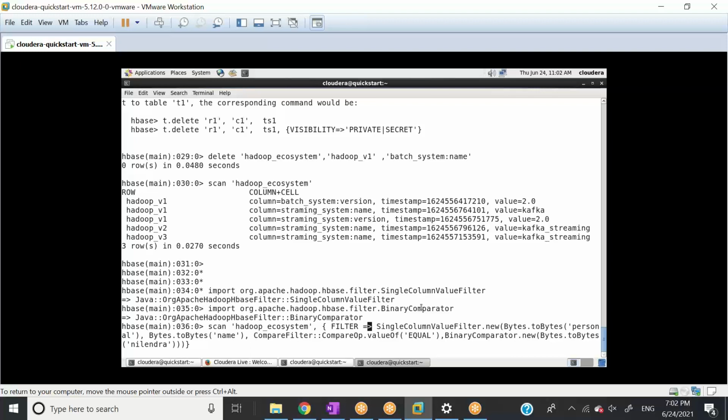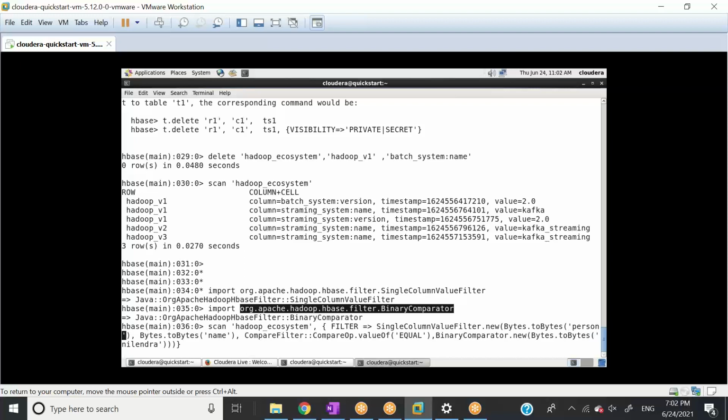I'm filtering on one column, a single value column. That's why I have imported the single column value filter, and I need to use the binary comparator, so I have imported that, right? Now which column family do I need to filter on?